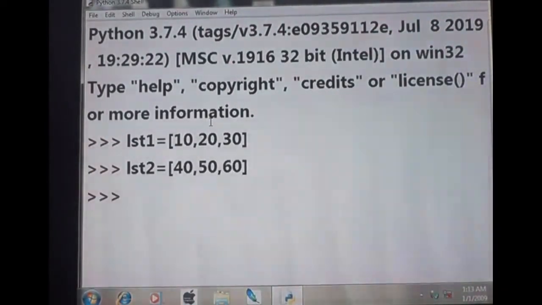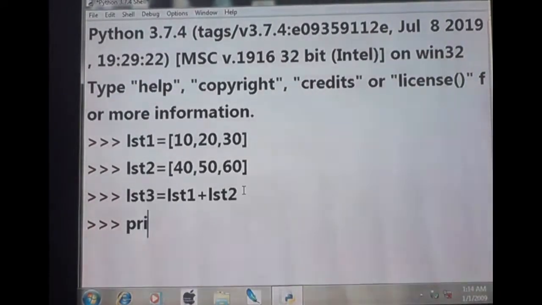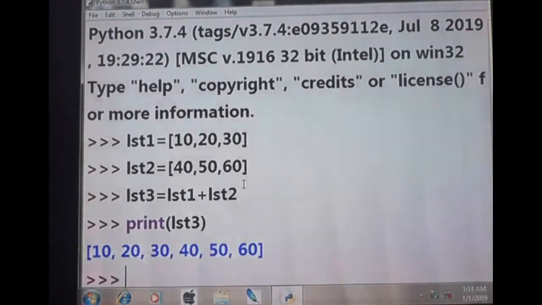Then I can do like this: list 3 is equal to list 1 plus list 2. That means the values of list 1 and list 2 will be added and saved in list 3. If I try to print list 3, the answer is 10, 20, 30, 40, 50, 60. Got it?